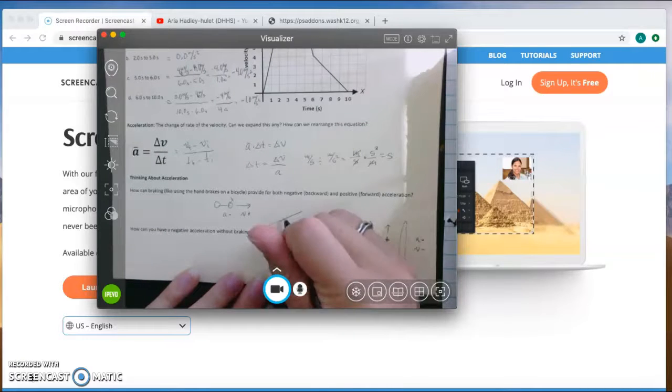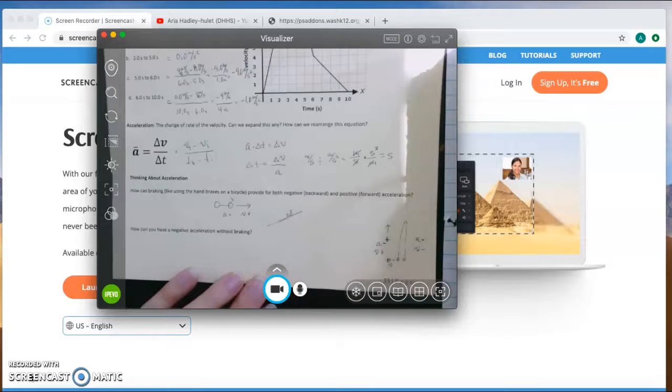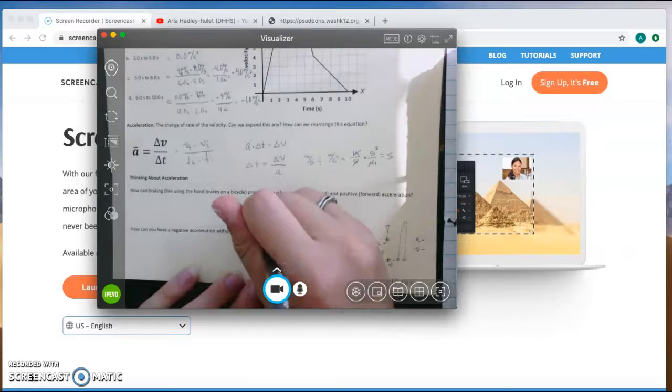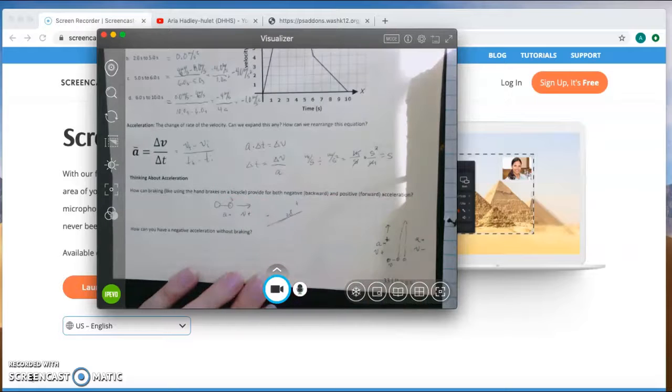Okay, so we have our bicycle on a hill, and naturally, without pedaling it forward, that bicycle would want to roll down the hill, right? And so I would say that's my negative direction, and that's my positive direction. So if we're not pedaling and the bicycle is being pulled down the hill, and then we apply our brake,